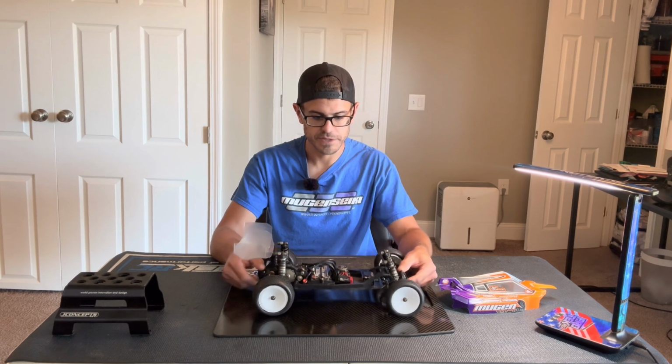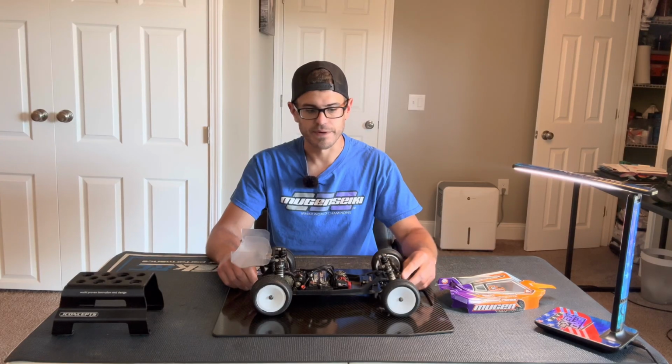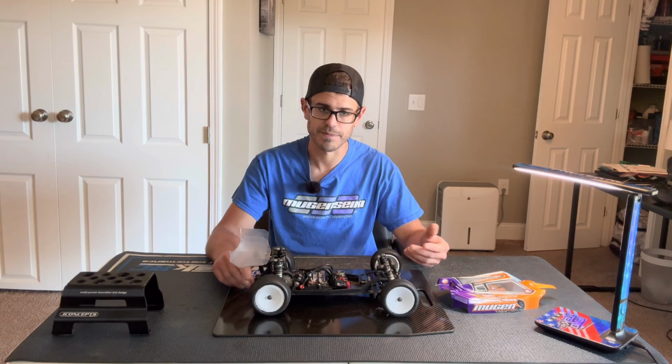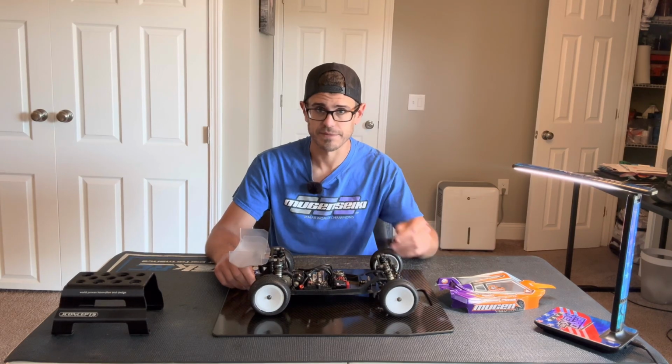In addition to that, there's a few other things. Obviously you don't want to run any front weight on it. In my opinion, that also includes the front wing. However, I think that is totally dependent on how much steering and the type of track. If it's a flowy track, then you might want to run a front wing at the detriment of rear